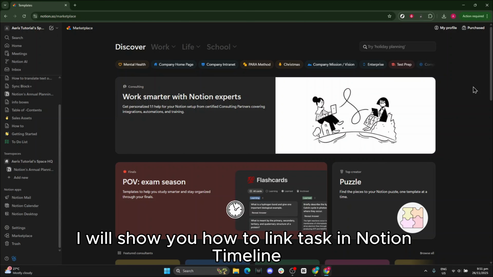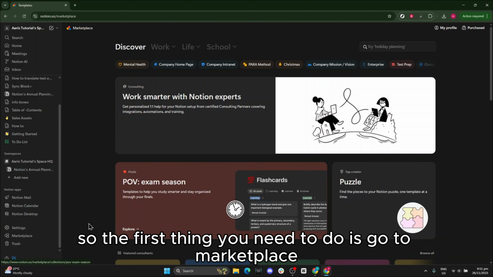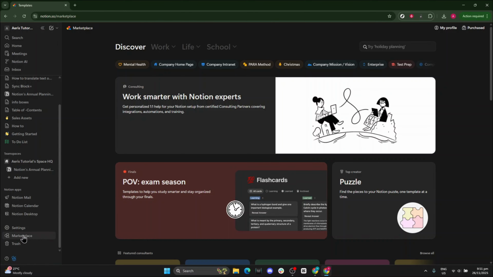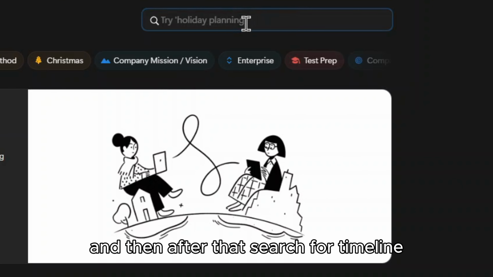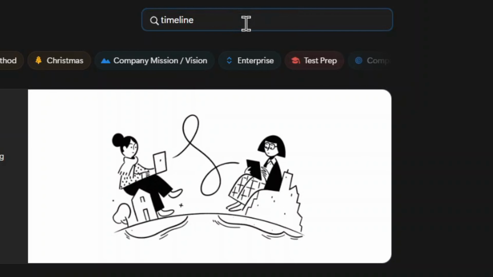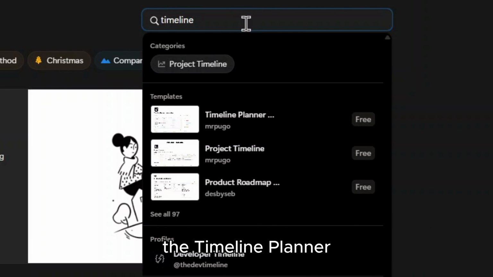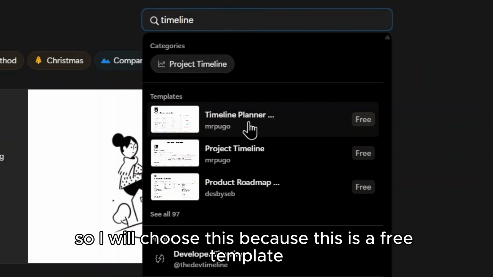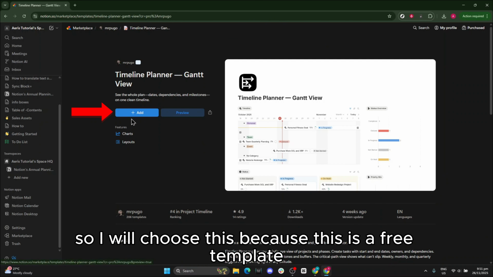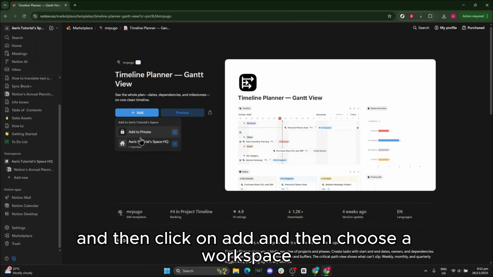In this video, I will show you how to link tasks in Notion timeline. So the first thing you need to do is go to Marketplace, and then after that, search for timeline, and then choose the timeline planner. I will choose this because this is a free template, and then click on add, and then choose a